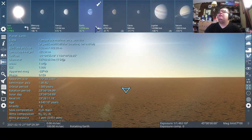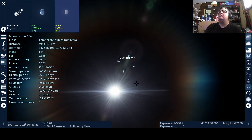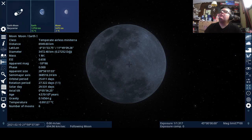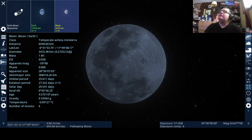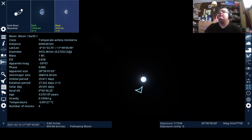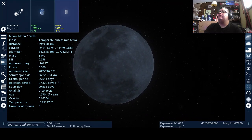And now we're going to head towards the moon. Our moon, so to speak. It's really called Luna, but we just call it the moon. And it's actually a new moon phase right now, but the blue area on the moon is actually the Earth's